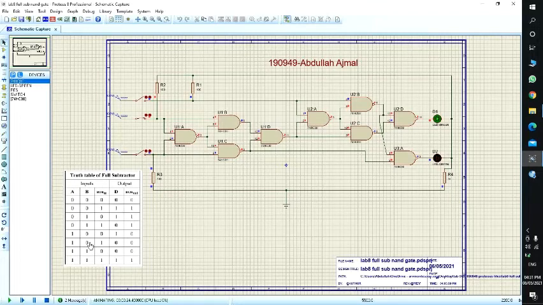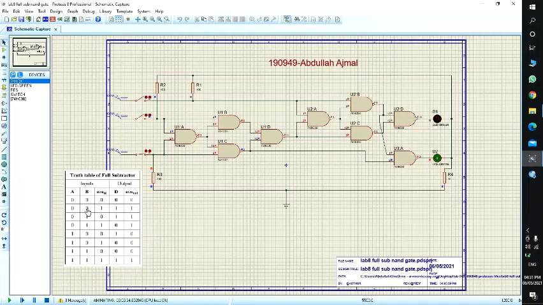Now let's move towards B1 and carry 1. A is 0, B is 1 and carry is 1. Our second LED, which is for borrow out, is working. Now move towards carry 0 and B1. Similarly, again this LED is working.